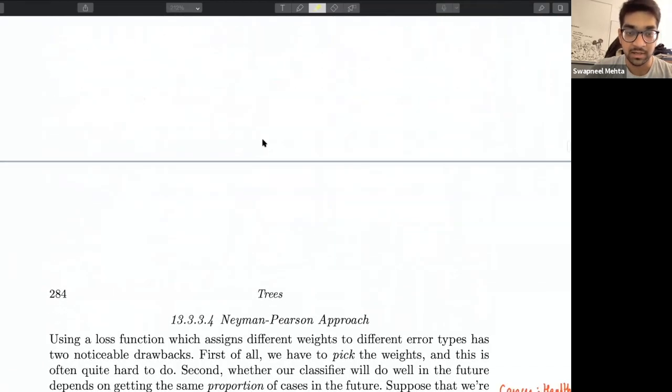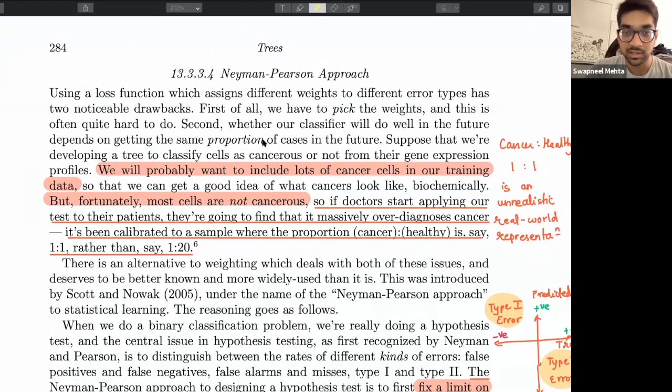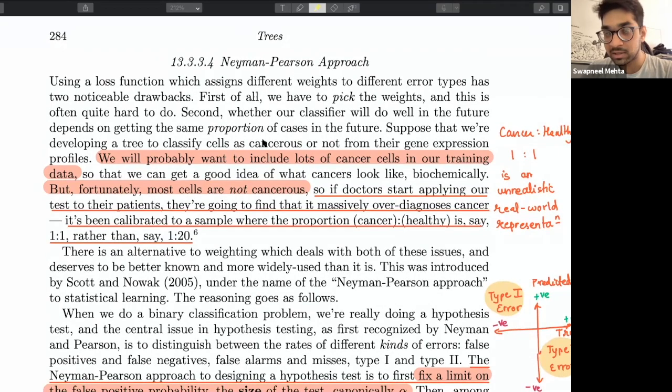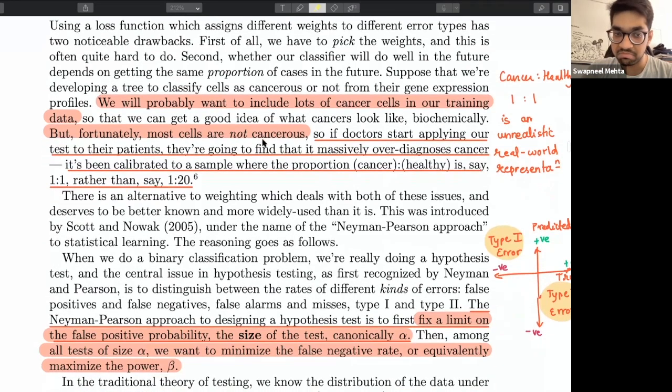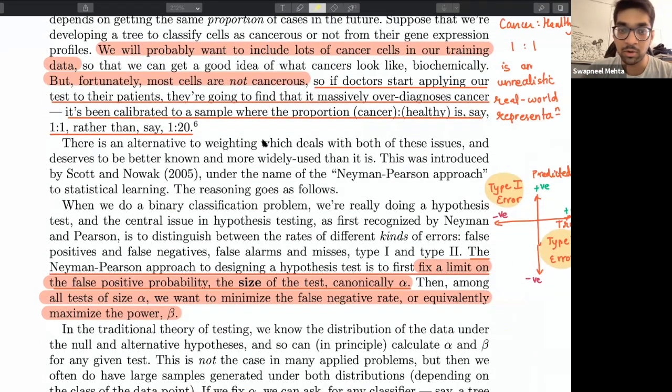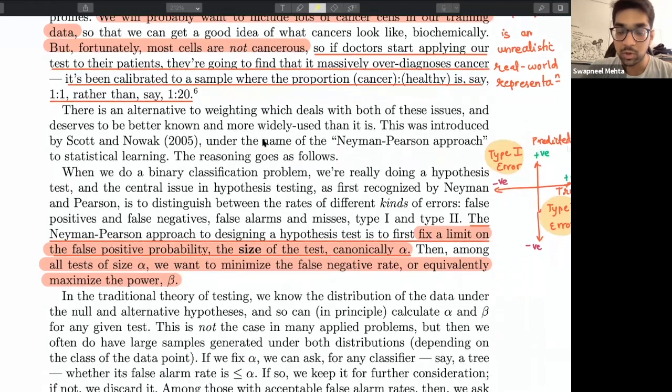Okay, last section in the book, in this chapter. Typically in your training data, you try to oversample your low probability outcomes because of this idea of balancing the data set and then using that classifier. But if you try and balance these data sets and then apply them in practice, then you'll start getting equal numbers of healthy and cancerous patients, which might not actually be true, which might really freak some people out. So what happens is,